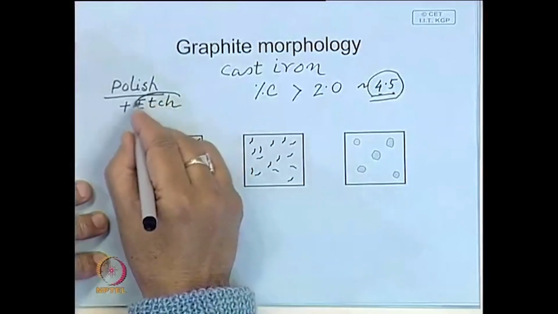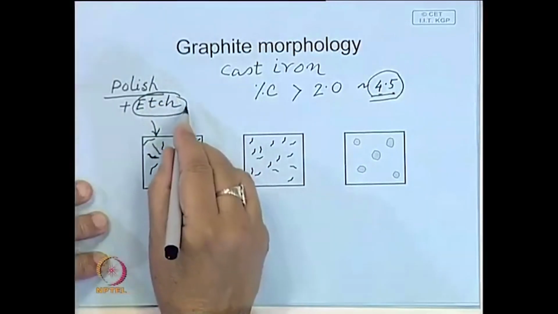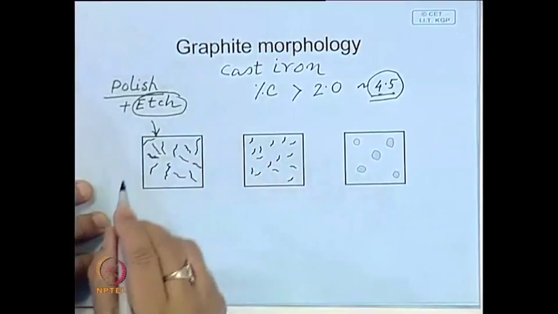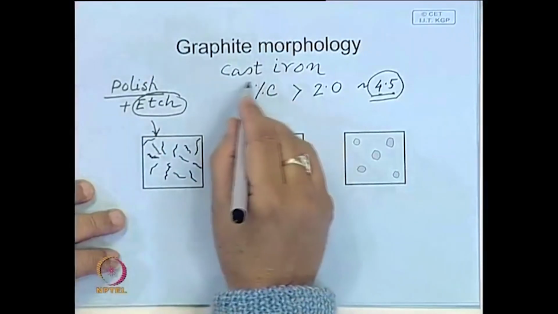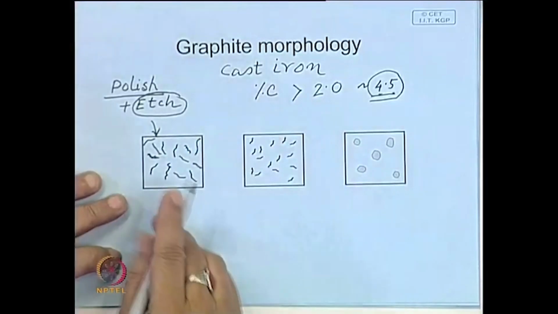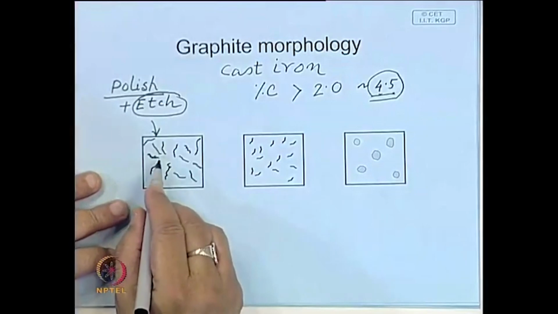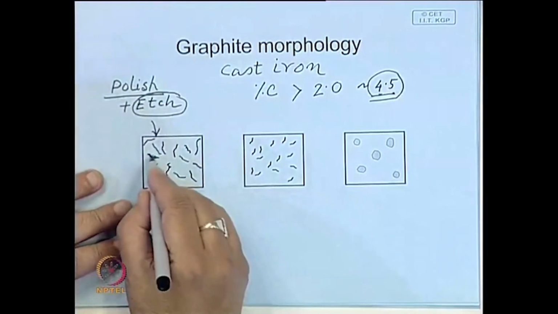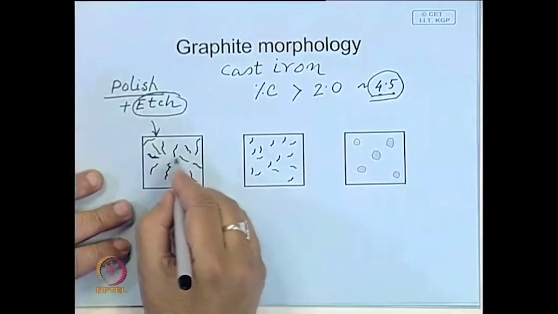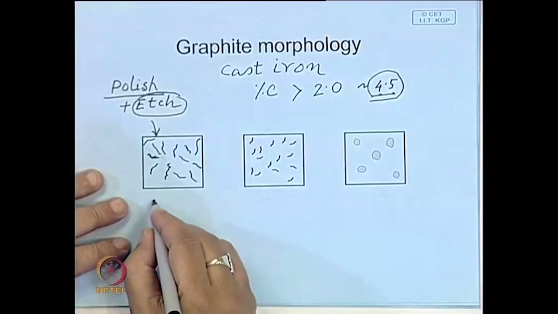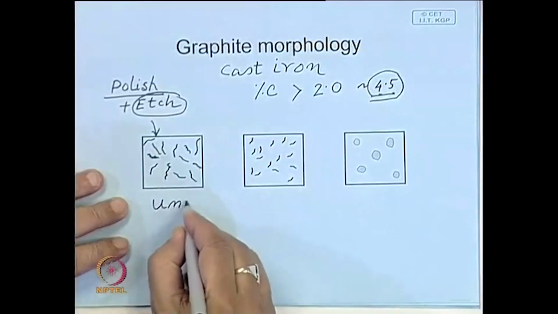And while etching, it attacks certain phases and particularly the boundaries, and then the structure becomes visible. But in case of cast iron, where carbon is present in the form of graphite and its luster is so drastically different, even without etching, these graphite flakes or graphite morphology will be visible. So, this is the unetched